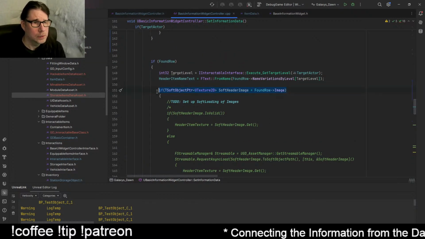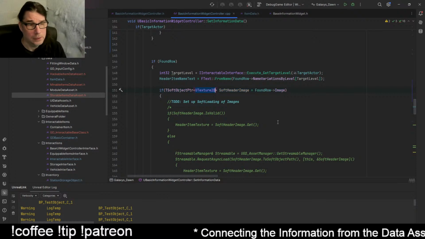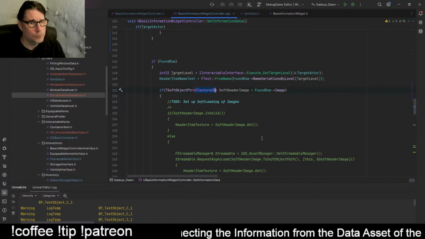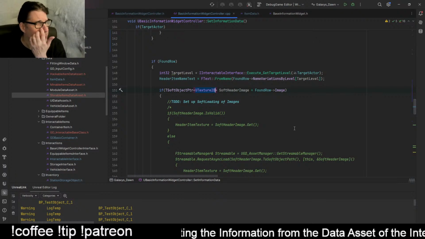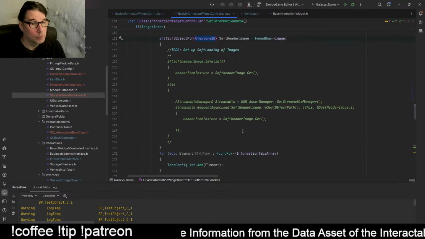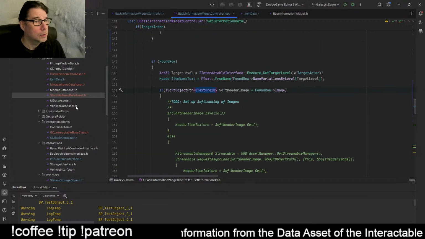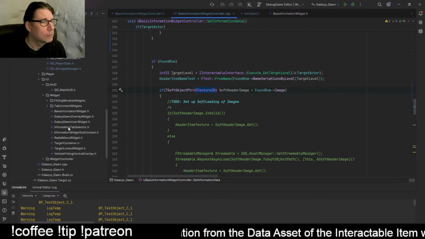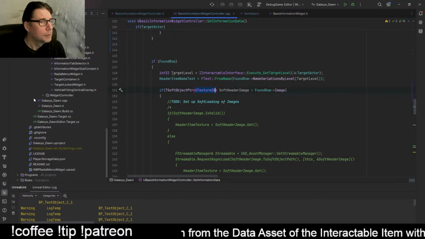I'm using a soft object pointer to the texture, and since I did this code the first time, I figured out that it's probably not the best way of doing it, because I couldn't get this to work, to be honest. However, if we look at some other places I've been doing this,